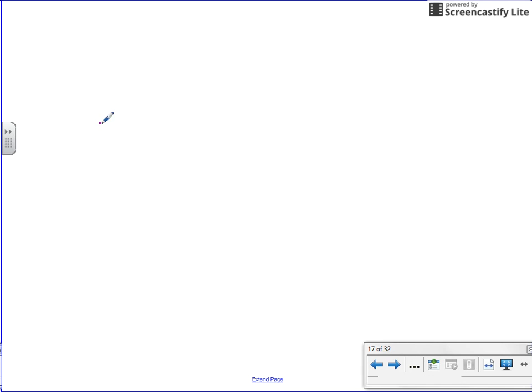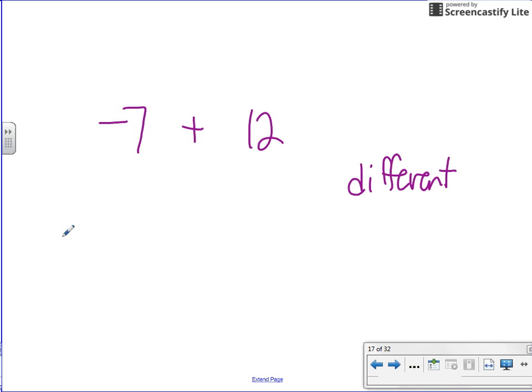Let's say I had something like -7 plus 12. Okay, so the first thing you're going to say is, aha, my signs are different. And if my signs are different, then I know what I have to do is come off to the side and take the 2 absolute values, the 2 number parts, the 12 and the 7, and I need to subtract them, find the difference. Okay, so I get a 5. That's the number part of your answer. And then you have to determine what's the